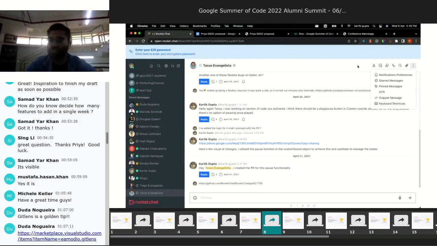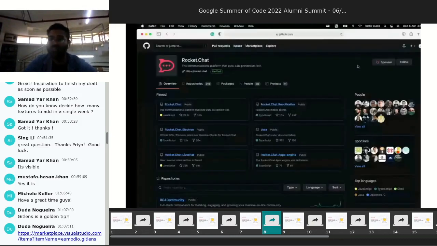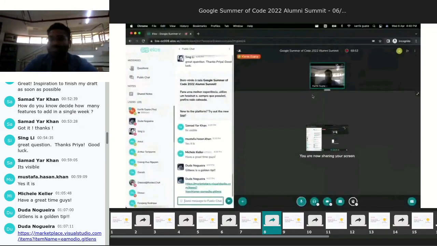But at the end, you should know the code base. You should know what you're doing. You should know how to use GitHub blame. You should get the issue assigned to you properly. Don't message and spam random people like I did. And that's how you get your way around Rocket.Chat. That's how you start contributions. So yeah,